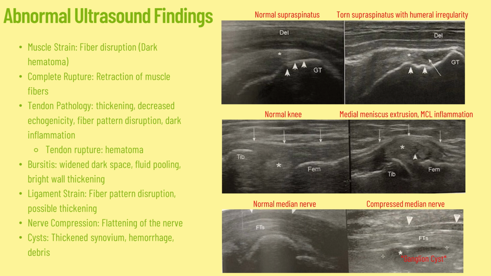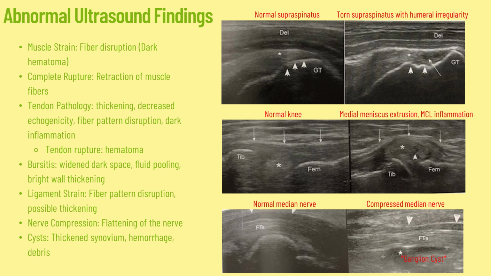So let's look at the images on the right. We are going to start at the very top. Now, this image is an image of a shoulder. The image on the left is a normal supraspinatus. Here, it's fully intact. We can see the deltoid is hypoechoic, and it has some normal fiber distribution and linear fashion there of the deltoid. Right under it, there is a little bit of space of hypoechoicness, and then we see that supraspinatus tendon right over the arrows. So the arrows are pointing to the greater tubercle, and we can see that subcortical bone has